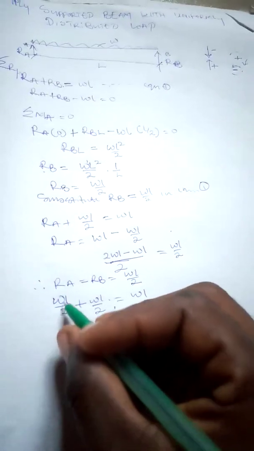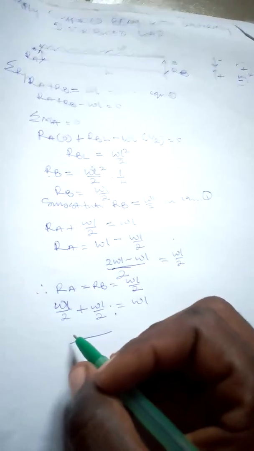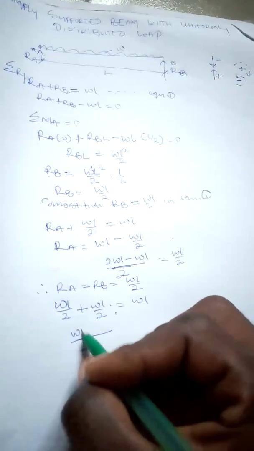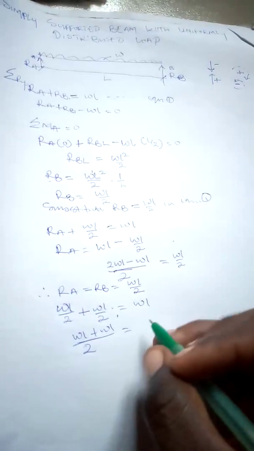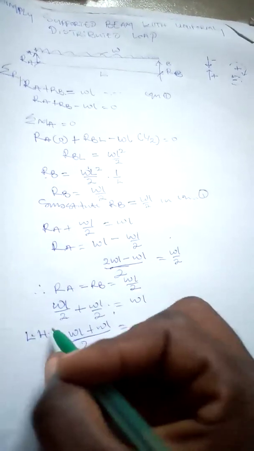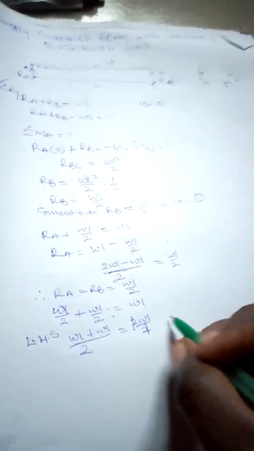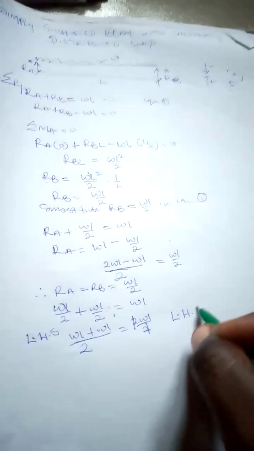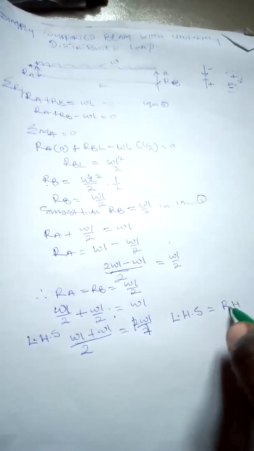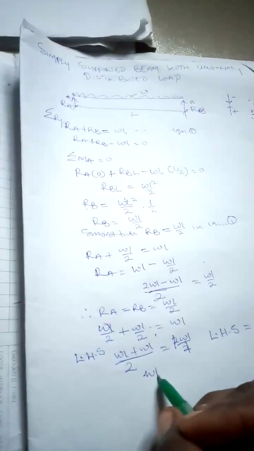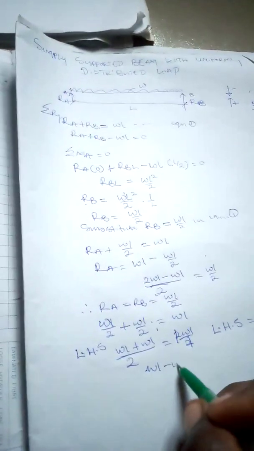If you sum both of these, if you take 2 downward here, 2 goes here, 1, WL plus WL. This is going to give you, now from our left hand side, 2WL all over 2. So you discover that our left hand side is actually equal to our right hand side. If you take this equation here, this is definitely going to give you 0 because RA plus RB equals WL, and then this is also WL. So it's going to give you 0. This and this will cancel out. Now if that is correct,